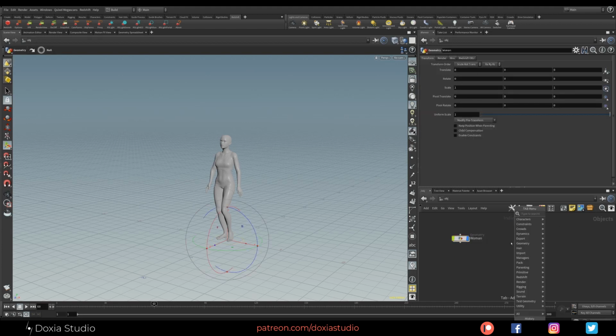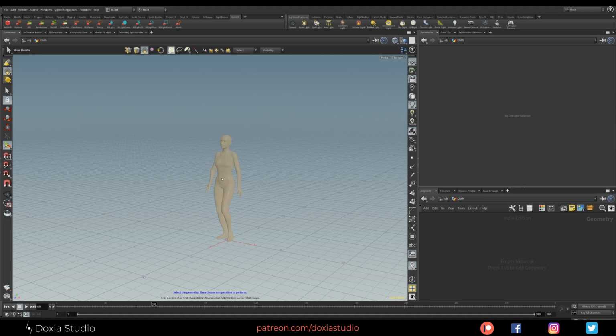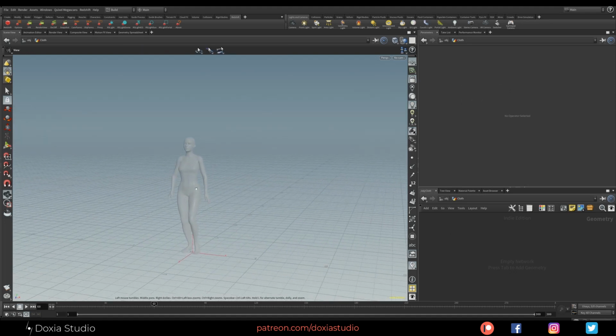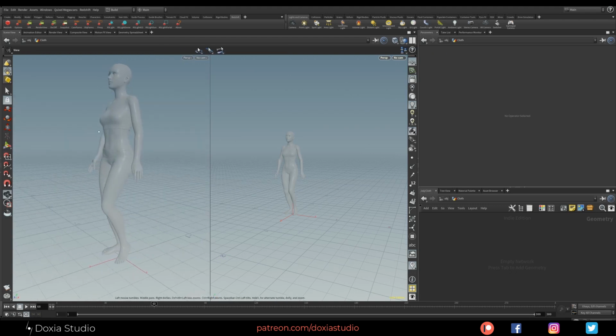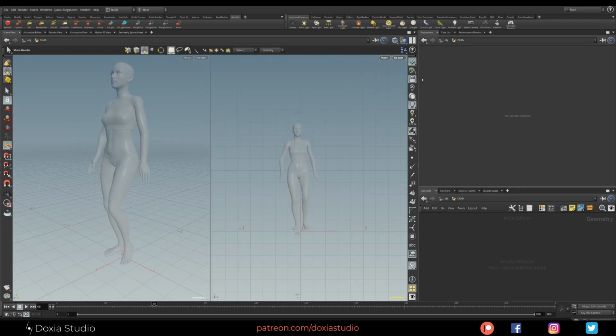Okay, so let's go to the purpose of this tutorial, and let's place a GeoNode and call it cloth. Let's start making our cloth. We are going to use Marvelous Designer knowledge to do this. First, let's make two sides. I have my perspective, and here I want my front for now. We are going to create cloth like you do in Marvelous Designer. We are going to create a few forms and then stitch them together to make a cloth.